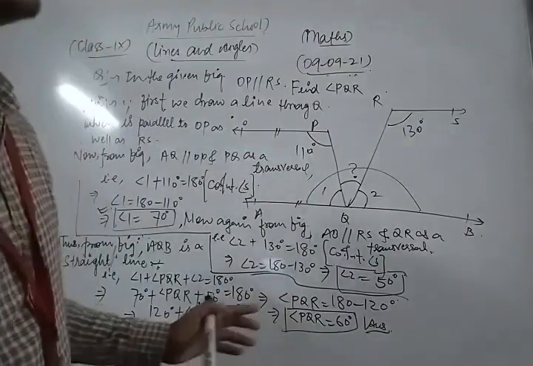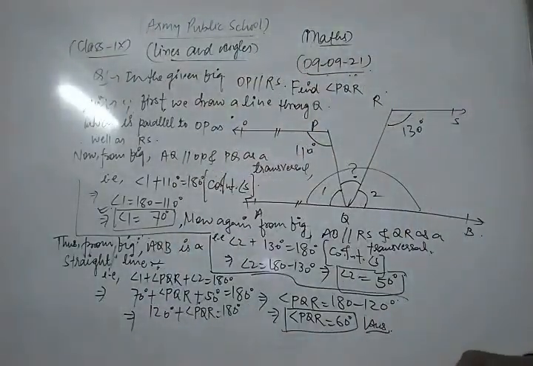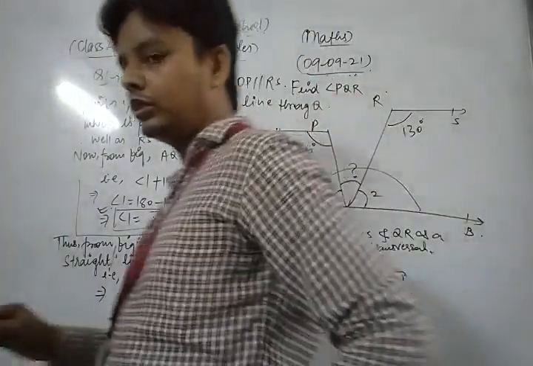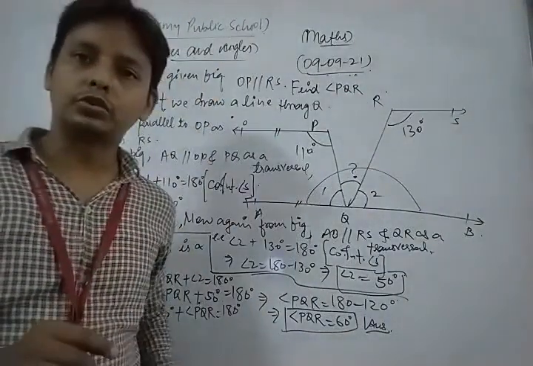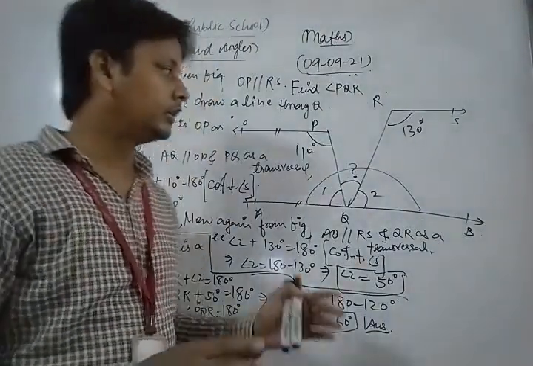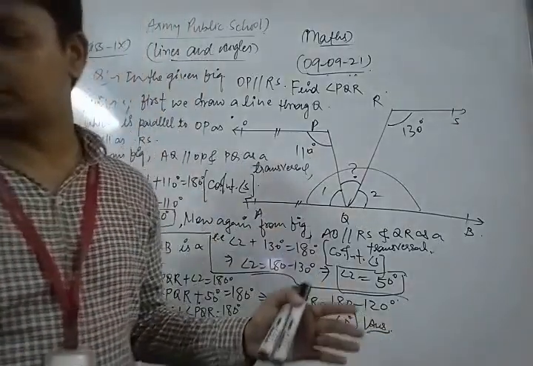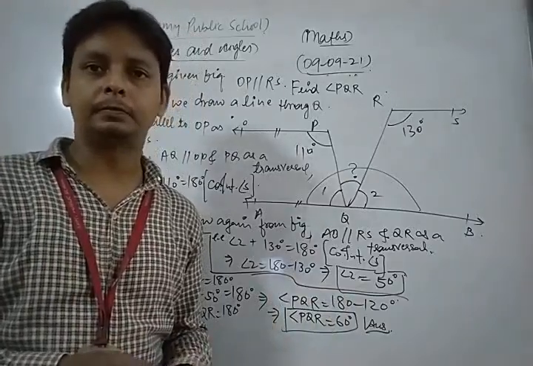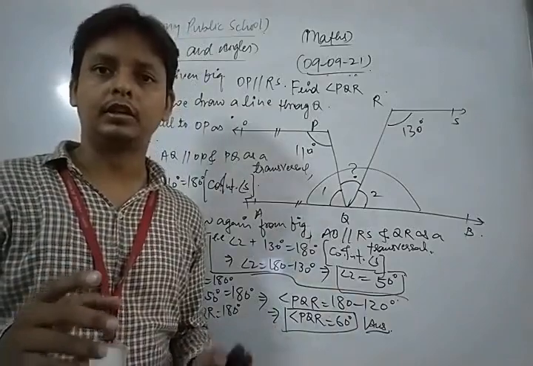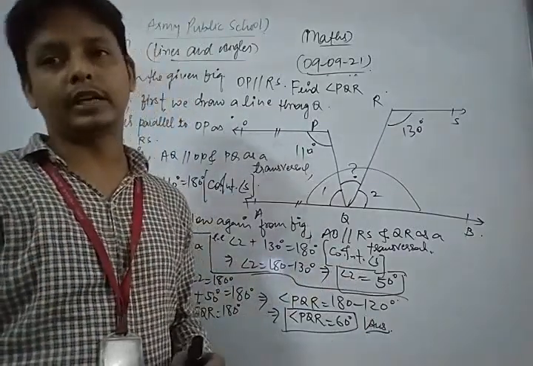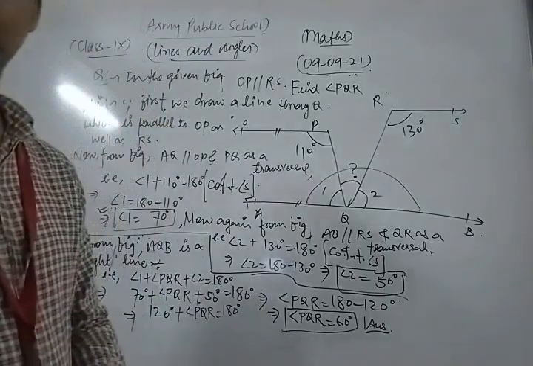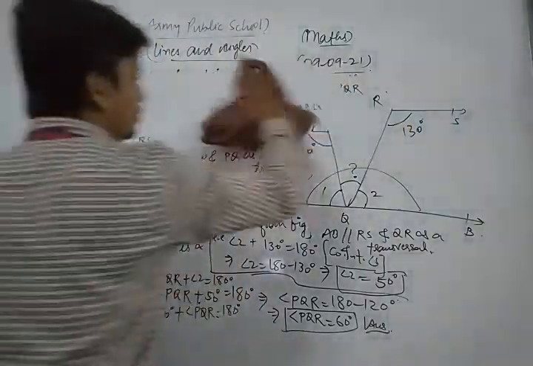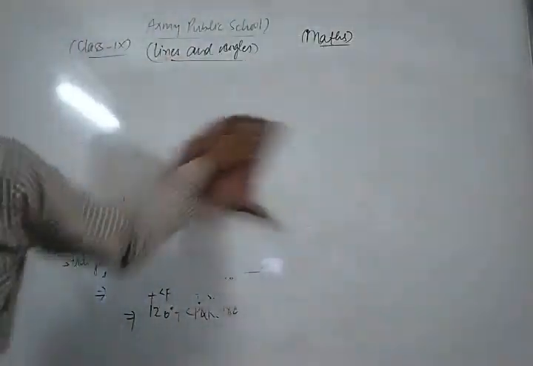So dear students, in this way you can solve each and every question of your NCERT exercise based on these topics. These are some of the most important questions of your syllabus. So please, dear students, do more and more practice of this type of questions. First revise and complete your NCERT exercise. Now we take and solve some other important questions based on complementary and supplementary angles, adjacent angles, linear pairs, and also angles made by a transversal. Let's see.